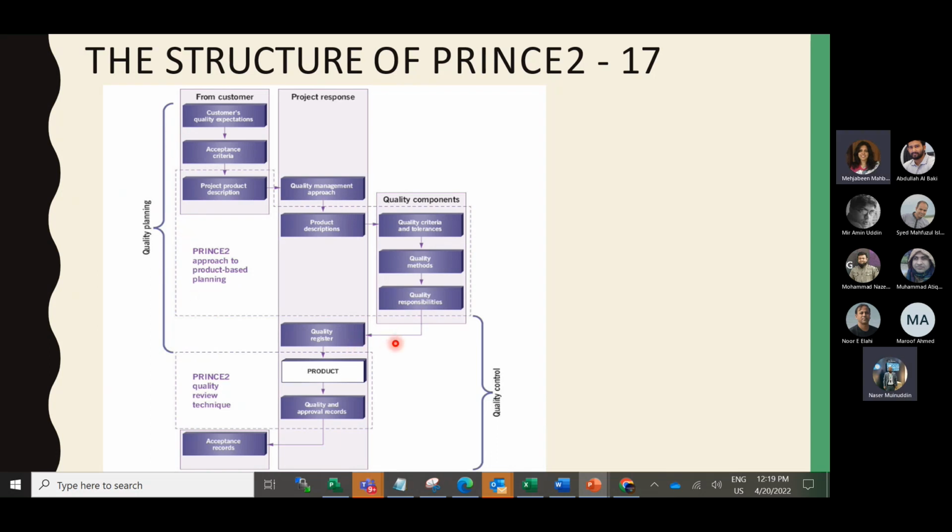Nasir bhai, sorry, one more question. I can see this quality approach is like QA, quality analysis, in a software firm. If the customer disagrees with the output, then they should go back to the initial stage and do the analysis and the work again. I'm not seeing any loop here. How is it managed in this situation?